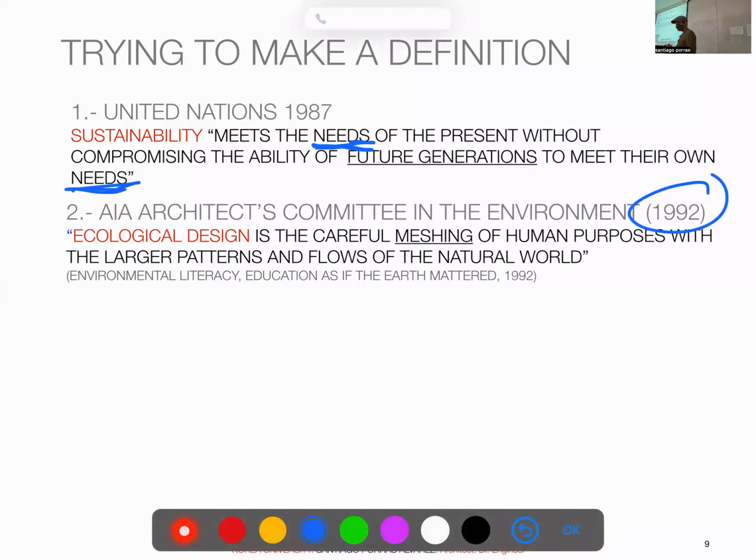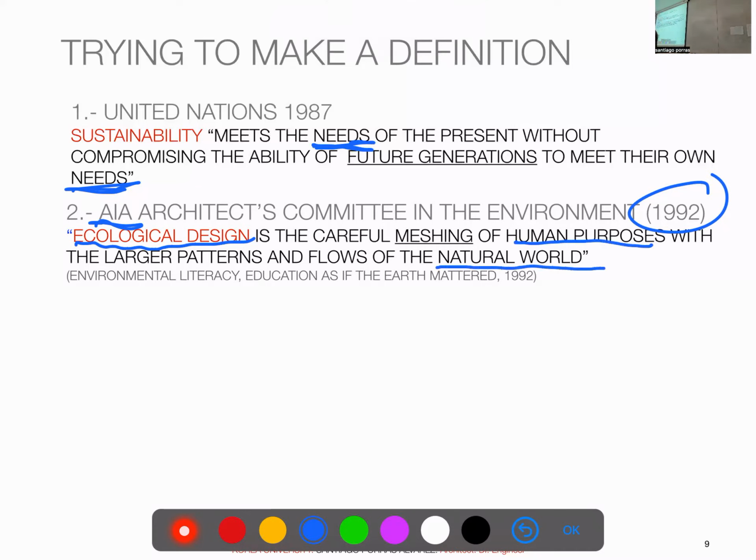Five years later, the American Institute of Architects tried to apply that to architecture, and they changed the term. They said ecological design, right? Not sustainable. This is why I think it's important to see why we change the words and be aware of that. So it's the careful meshing of human purposes with the larger patterns and flows of the natural world,